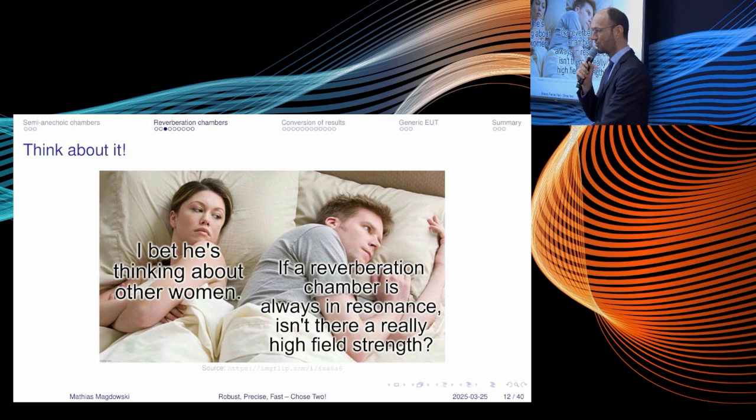And yeah, a good question that someone asked me a couple of years ago, also I think at some EMC conference, is, "Hey, Matthias, you operate these reverberation chambers, right? If you hit one of the resonances of the chamber, don't you get some incredibly high field strengths then?" And I said, yes, we do. And if the chamber is properly operated, we not only hit one of these resonant frequencies, we always hit a couple of these resonant frequencies at the same time, because otherwise our field statistics would not properly work. So yes, it's always in resonance.